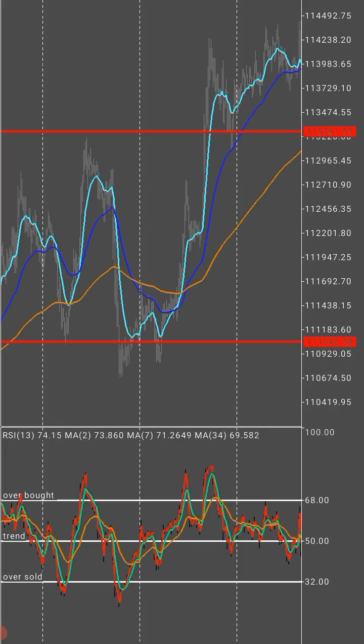Number two, I also check for confirmation of chart patterns, and then number three, wait for consolidation in the new direction. Once I get consolidation, I'll be able to get an entry point, and then from there I enter